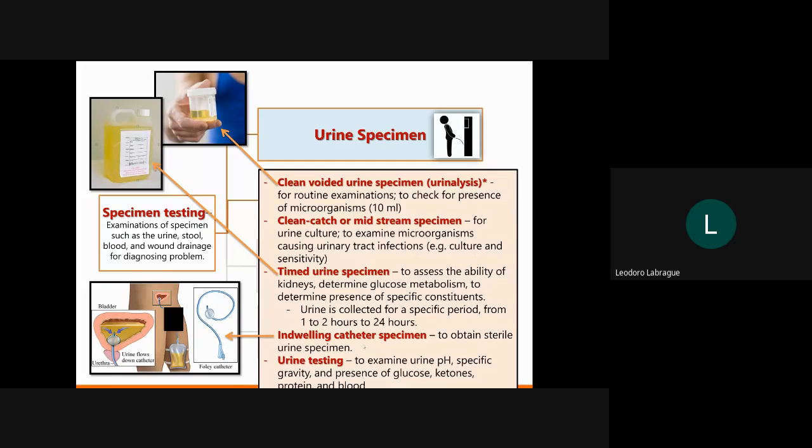Okay, the fourth one is called indwelling catheter specimen. Mister, what is indwelling catheter? Just try to look at the photo here in the slide, in the lower part. Okay, here. You would see that the patient had a catheter, a small tubing inserted to the reproductive system, to the bladder to facilitate urination. There are some patients who cannot void without the help of this tube.